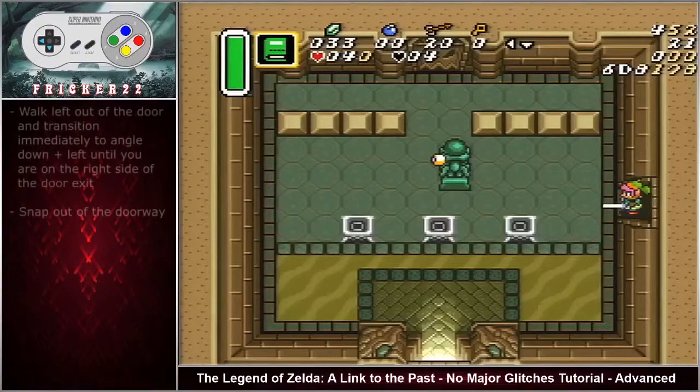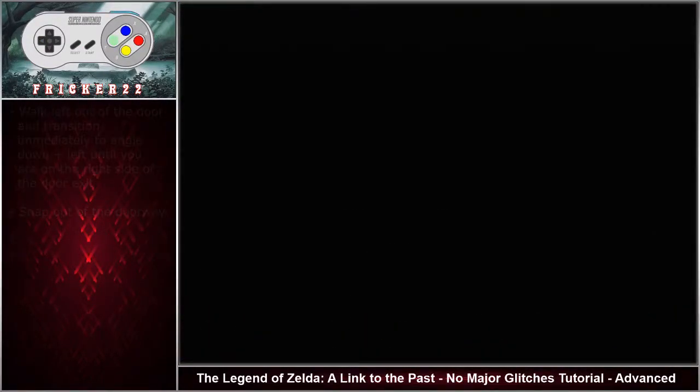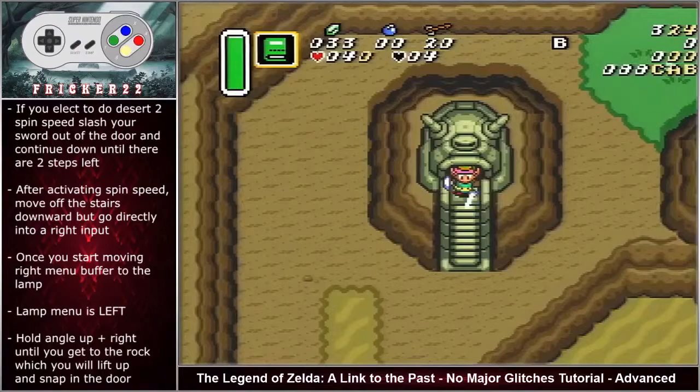Out of the door, you can hold angle down left until you get right before the exit, and then you want to snap straight left and then down through the door. Making our way to the second part of deserts. Once we're outside, there are a few different things you can do, the most optimal being spin speed off of